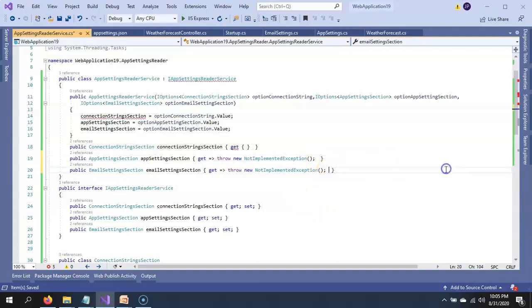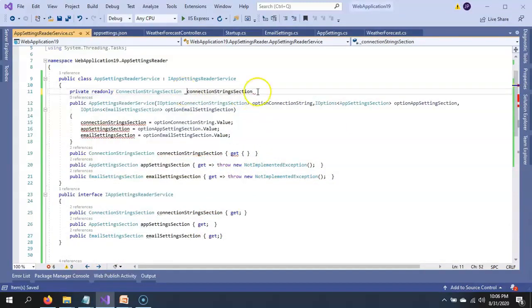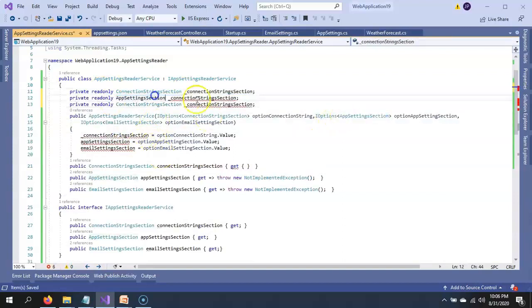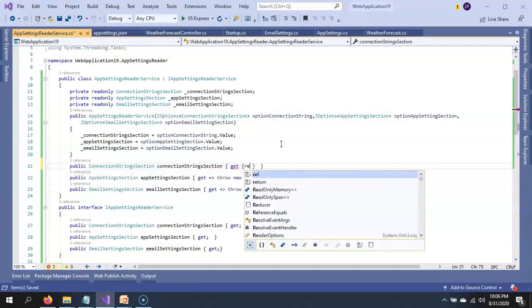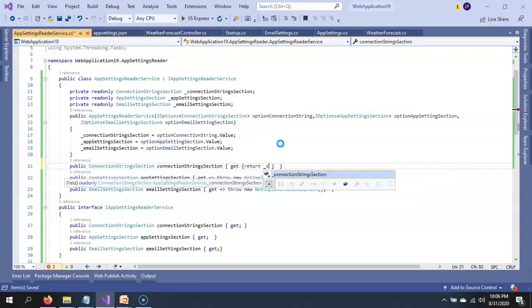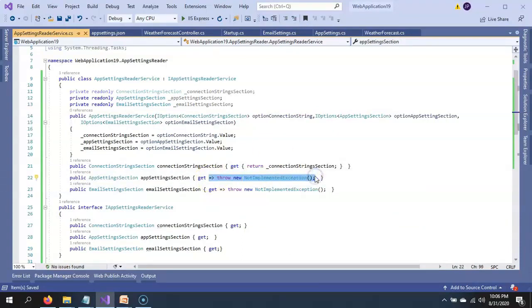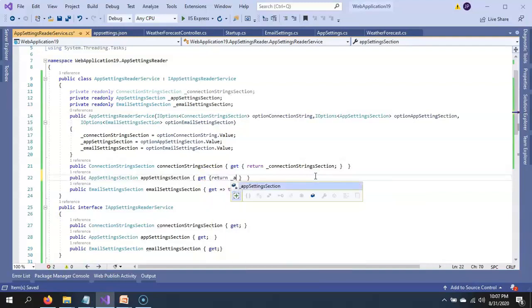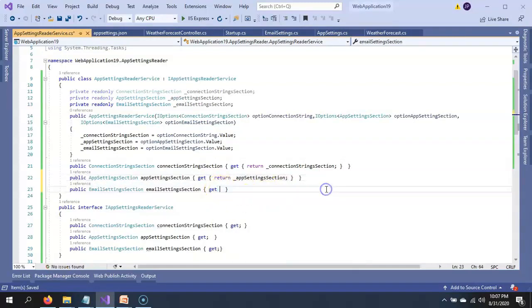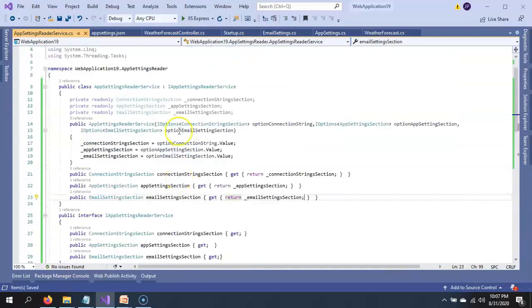We create private properties, and then we just return this private variable here. The service class is ready.